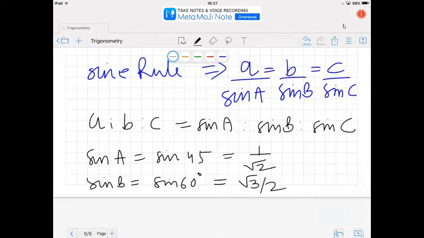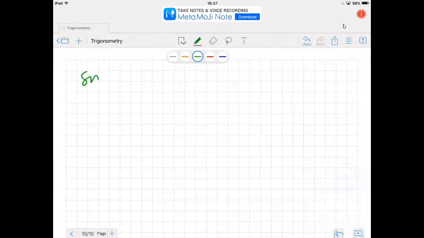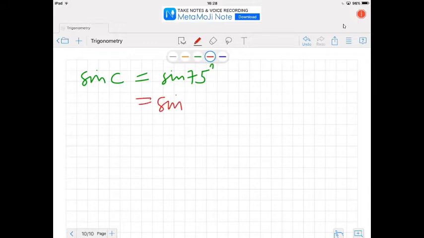Okay. And what is sine C? Sine C is equal to sine of 75 degrees. Now we don't know 75 degrees का value कितना है. Sine 75 नहीं पता है. Okay. Standard angles में 30, 45, 60, 0 and 90 आता है. ठीक है. So what I will do is I'll split the angle 75 into two terms. Okay. I'll write this as sine of 30 plus 45. The reason being, I know the sine, cosine, and tangent values for these angles 30 and 45, both of them. They are standard values in the table.